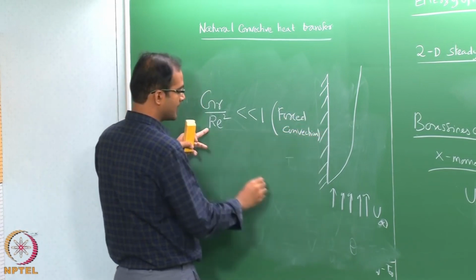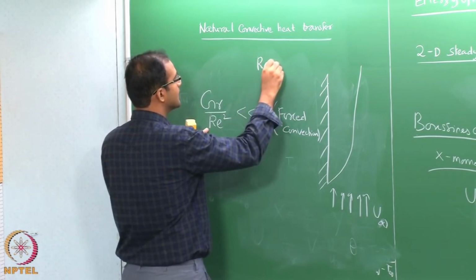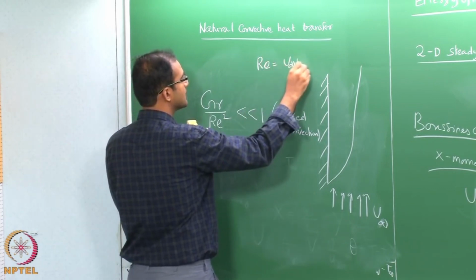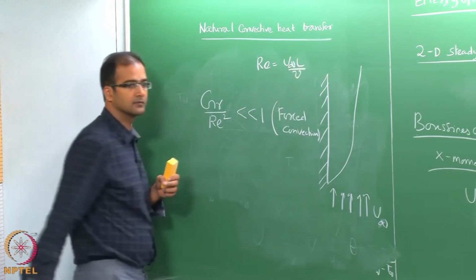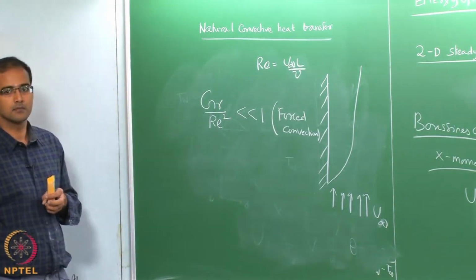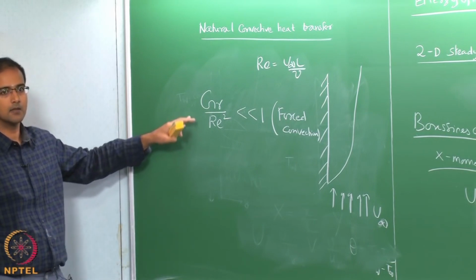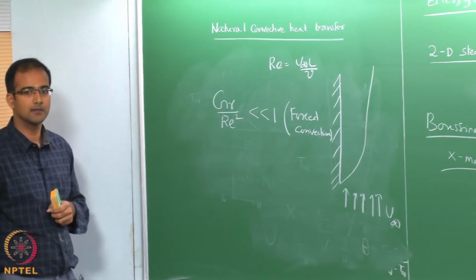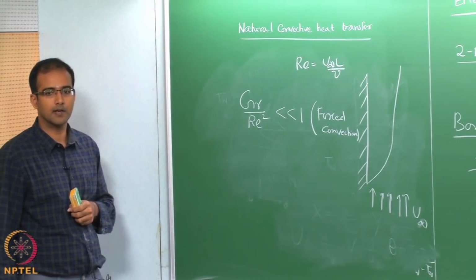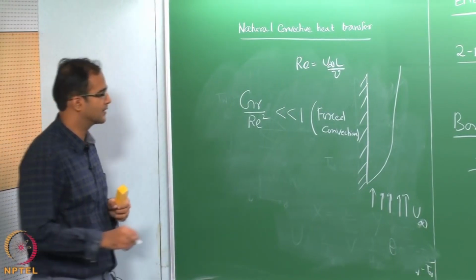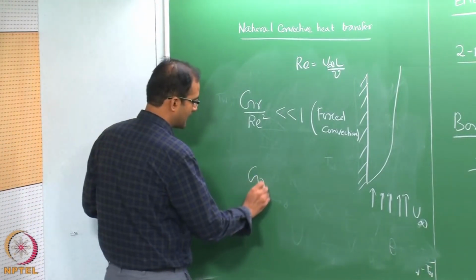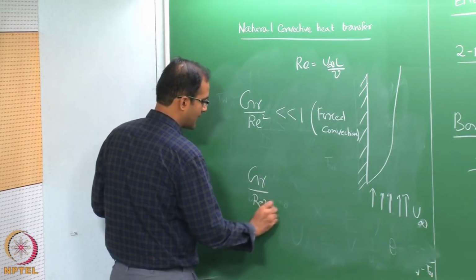Remember in this case we define Reynolds number as u infinity L by nu, correct. So, when Grashof by Re square is very small, you ignore your natural convective, buoyancy effects. On the other hand, if your Grashof by Re square is very large,